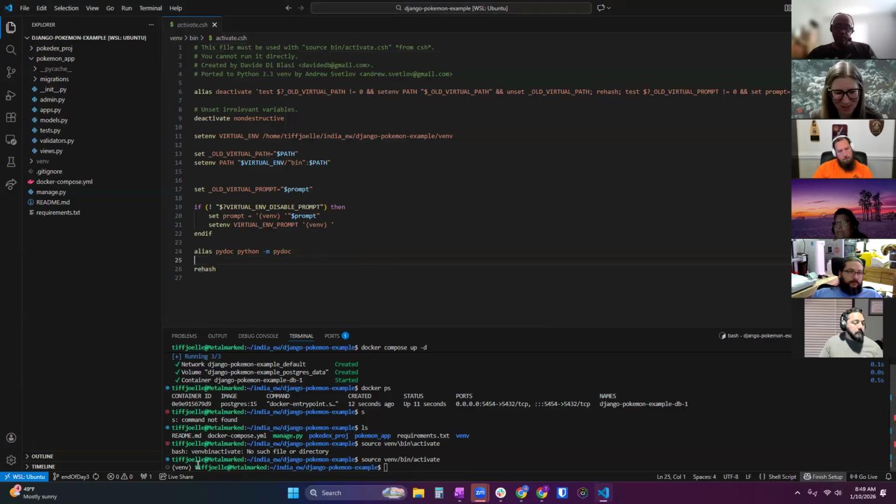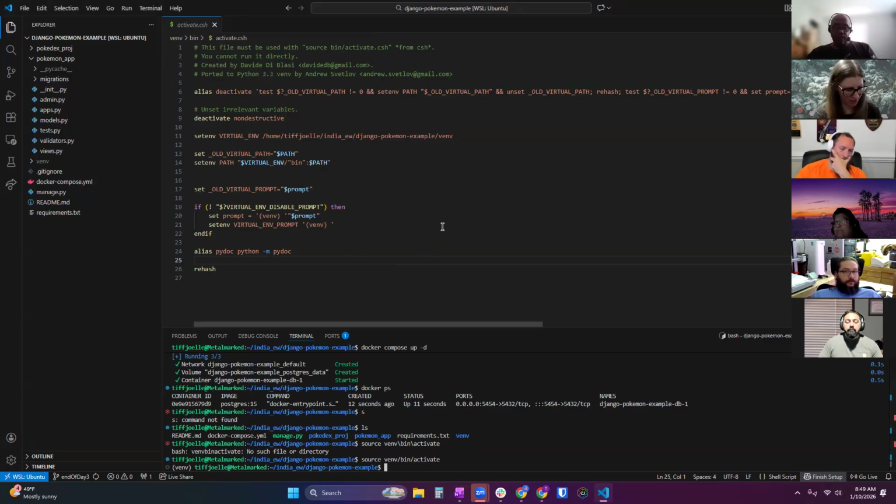Okay, so back in this, we're in our virtual environment. Now all of our dependencies should be accessible to us because we are installing them here into this library. So we were going to make migrations and migrate, right?